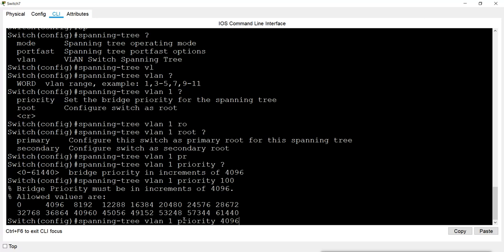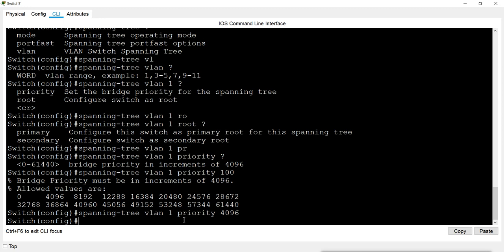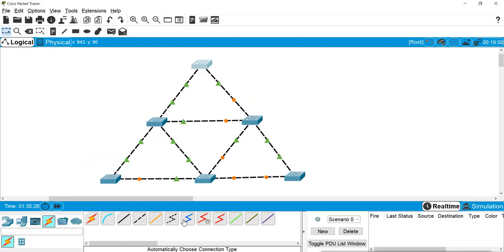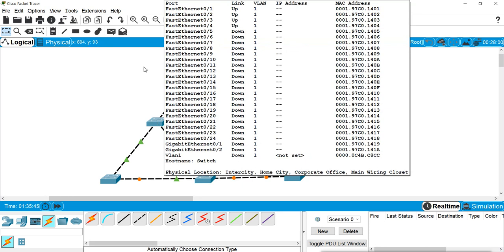Now as soon as I give this command, you will see the election will take place again, and this port will become active again. Why? Because on the root bridge, all ports must be active. So they will do the election again, and it will enable this port. Now this switch will become the root bridge.